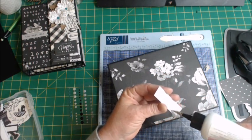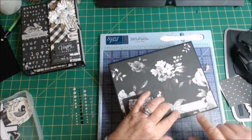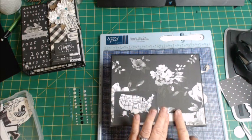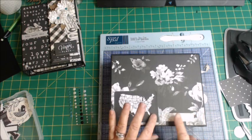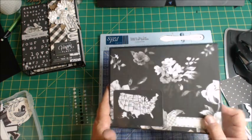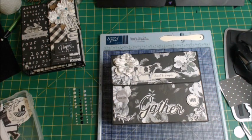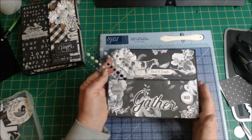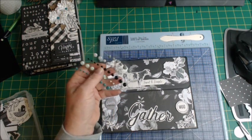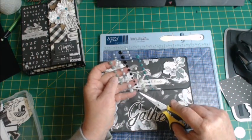Actually, I'll put this right down here. It'll be easier to write on. I'm going to put today's date, well, not today's date, but 2019 inside of there. Now I want to add some more of these dots because I want to add some shiny stuff. So I'm going to take the black,